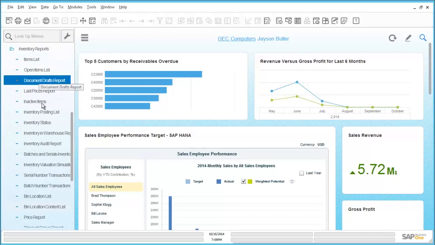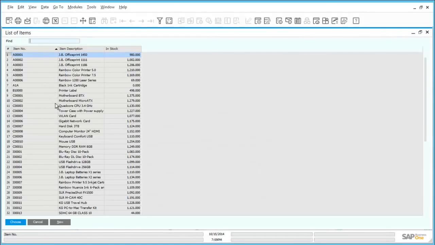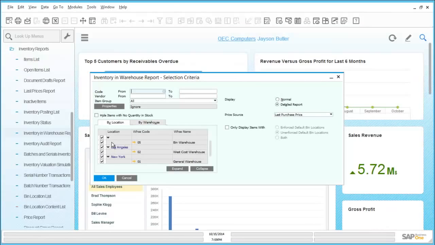In another example, by navigating through the Inventory Reports section, we can launch another example report. This is the Inventory in Warehouse report. Here we can list all of the stock by location within multiple or single warehouses. The available criteria allows for a choice of supplier, item code, or even location to be chosen for the report